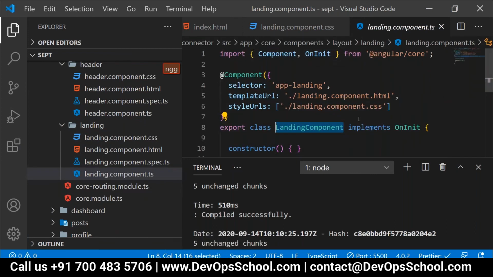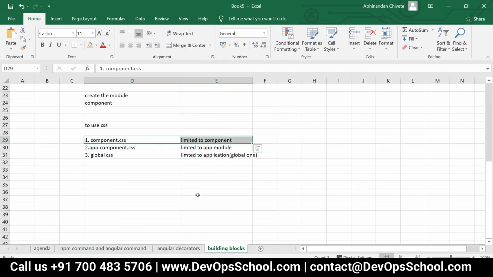Correct. Yes. So in short, whatever CSS you put into your landing component has a scope of that component only. Outside the component we can't access it. Got the point? Yes. That's the reason I have written limited to component.